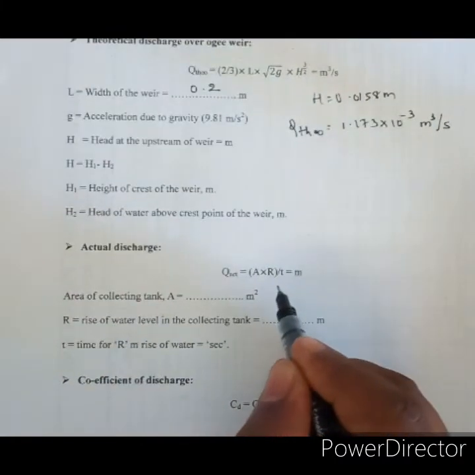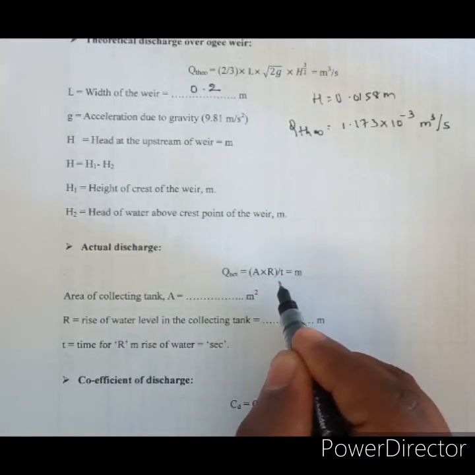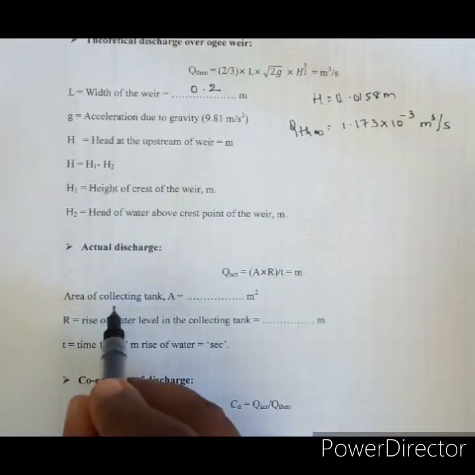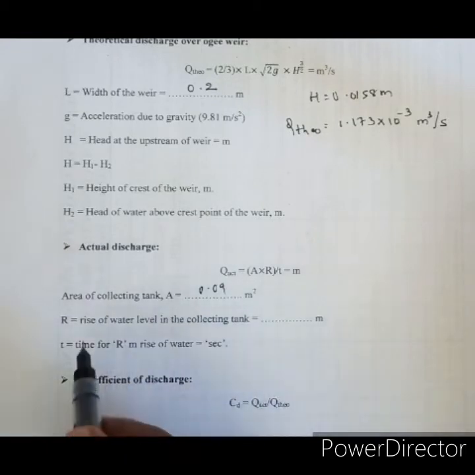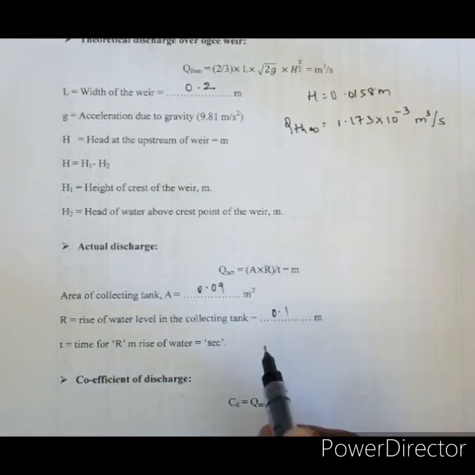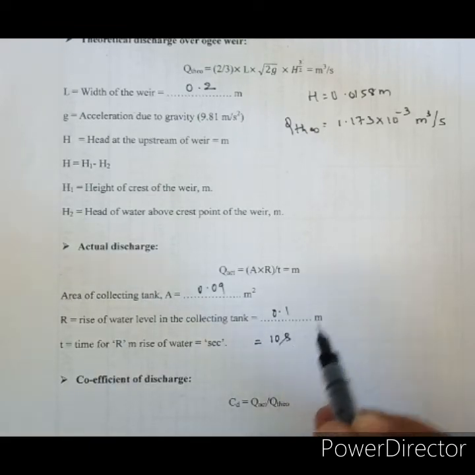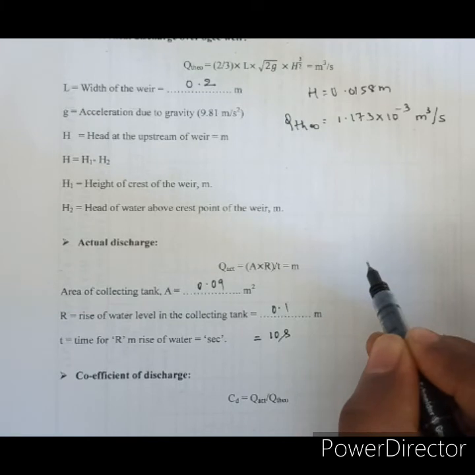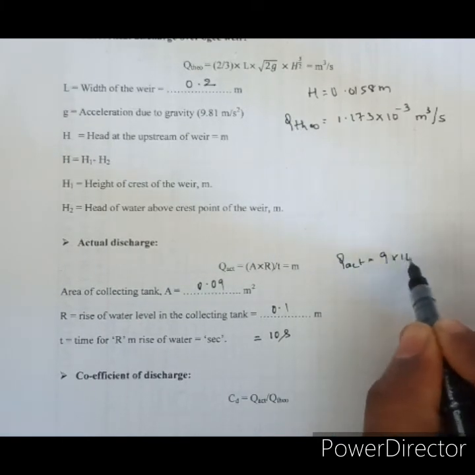The actual discharge through an ogee weir is given by the formula Q actual is equal to A into R divided by T, where A is the area of the collecting tank, which is taken as 0.09 meter squared, R is the rise of water level in the collecting tank, which is taken as 0.1 meter, and T is the time taken for the rise, that is 10 centimeter rise in the collecting tank. For the first discharge condition, the time taken was 10 seconds. If we substitute the values of A, R and T in the Q actual equation, the Q actual will be 9 into 10 power minus 4